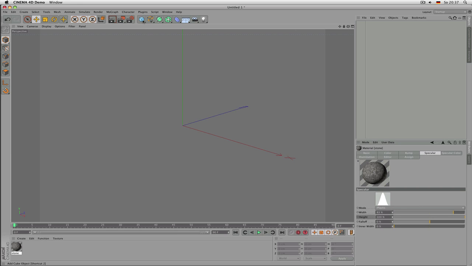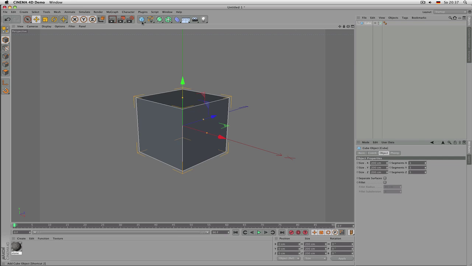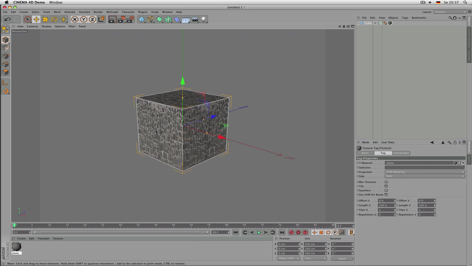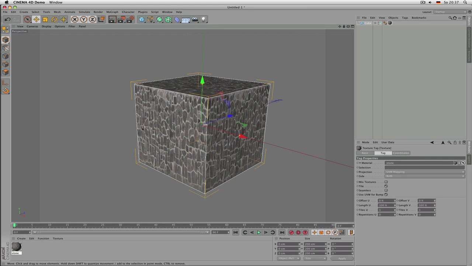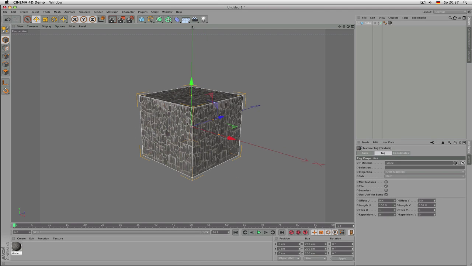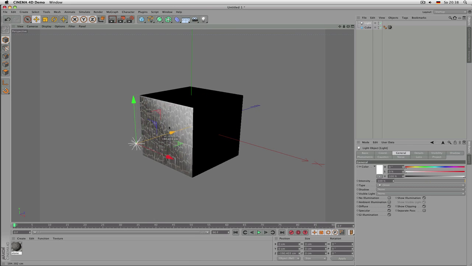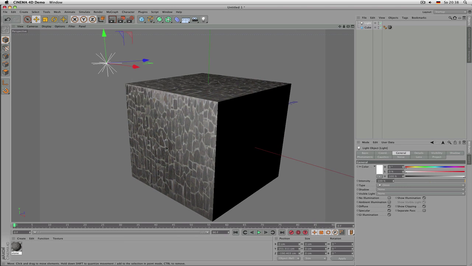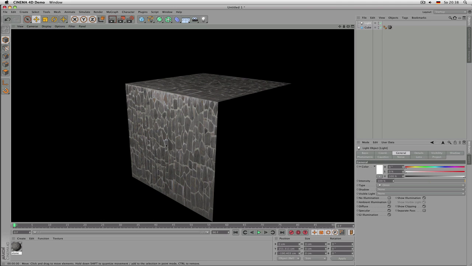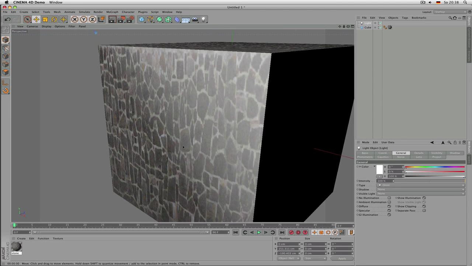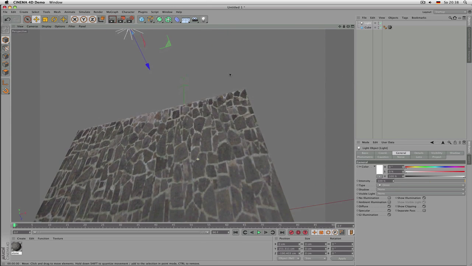So now let's create a cube again and put on that texture just by drag and drop. And maybe a light next to this, just one click for a light. And now let's zoom in a little and hit Command R for rendering. And the effect is